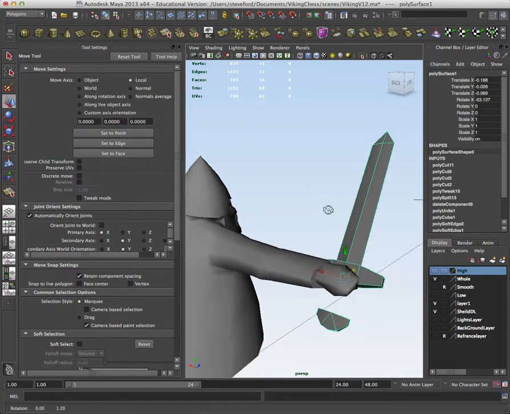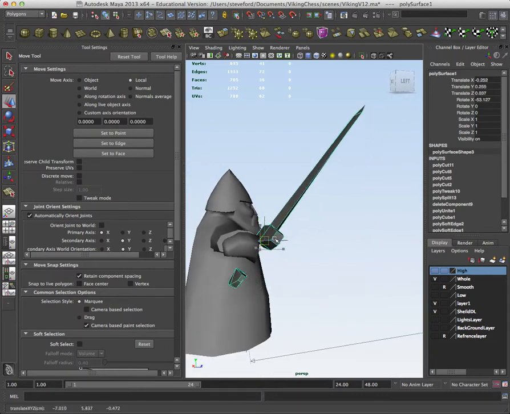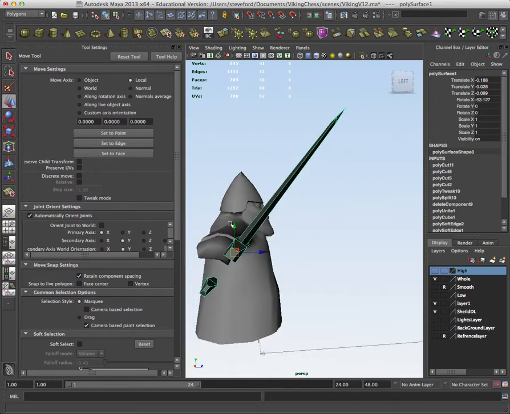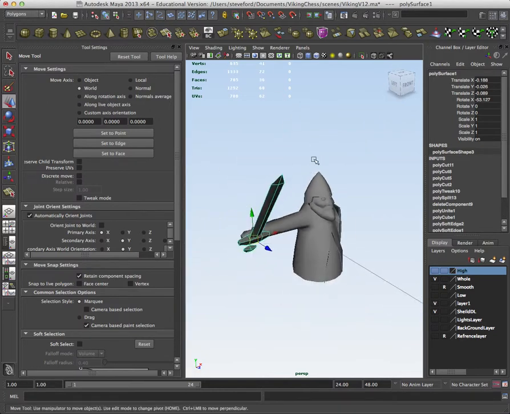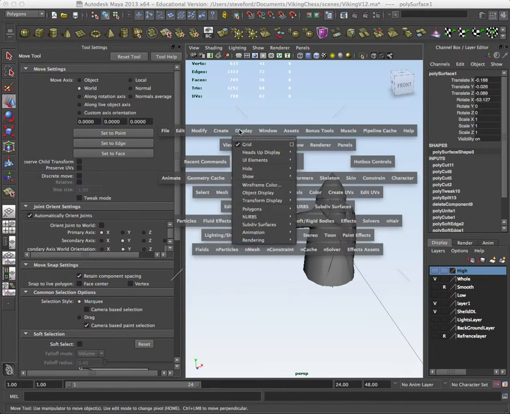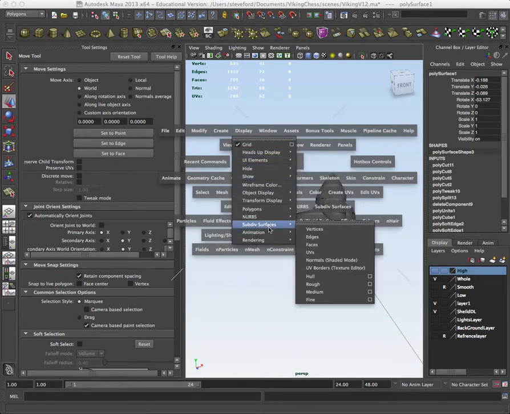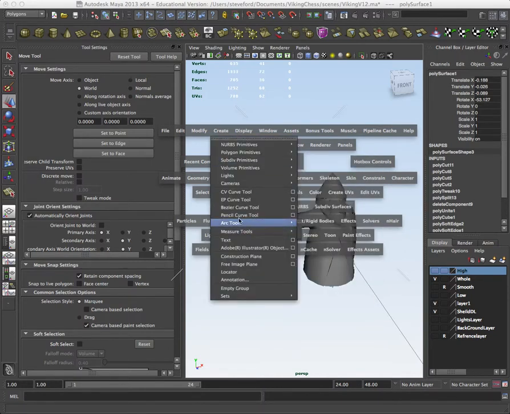Local comes more into play when things are parented in a hierarchy. That can come into play, but basically you do stuff either in object or world. If I toss a quick light into the scene,